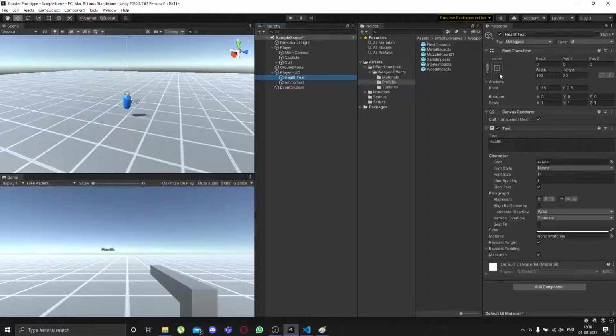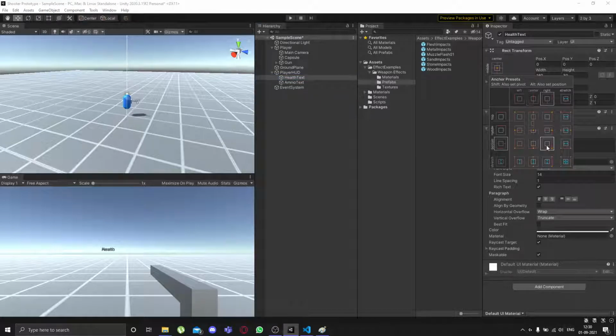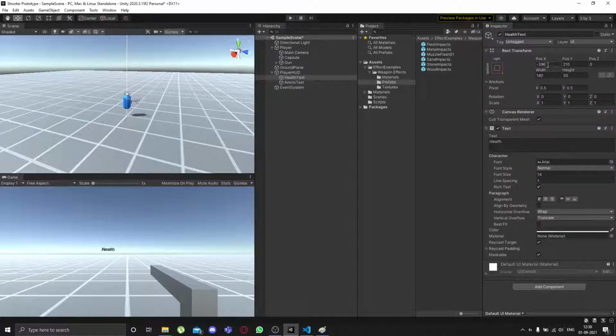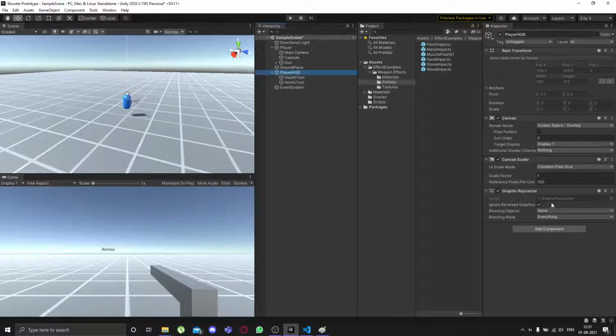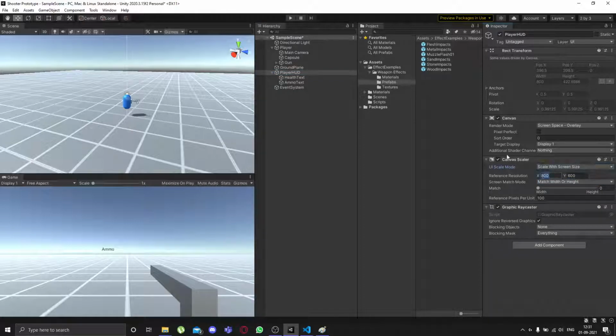So health, I think I'll place at the bottom right. So our pivot position at bottom right, so that we can just put 0 here, another 0 here, and we're at bottom right. Width, I think 300, and we'll make this on the right. Also constant pixel size, no, we need constant screen size, and our reference